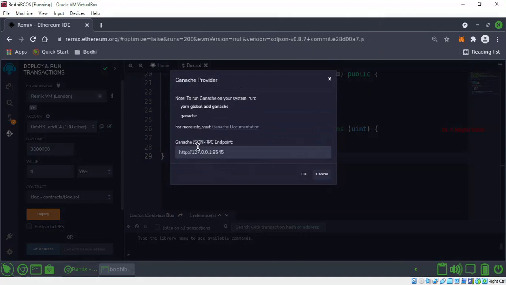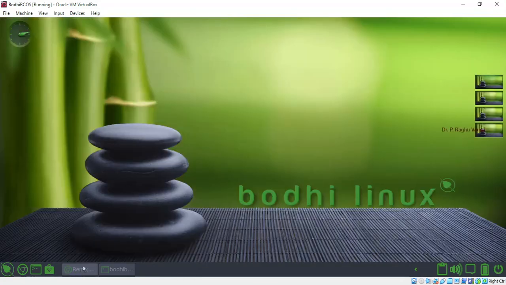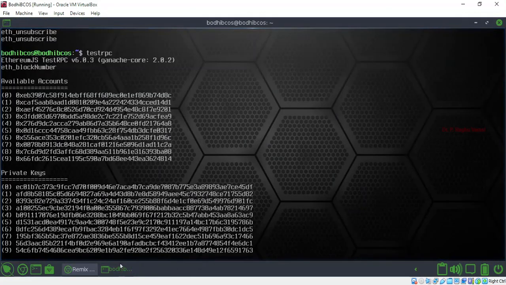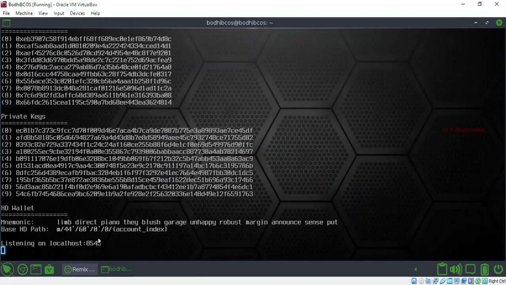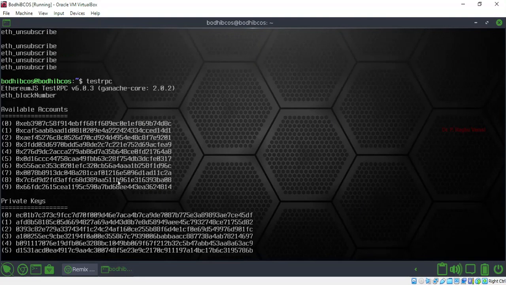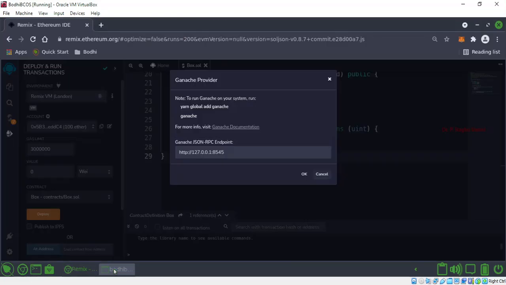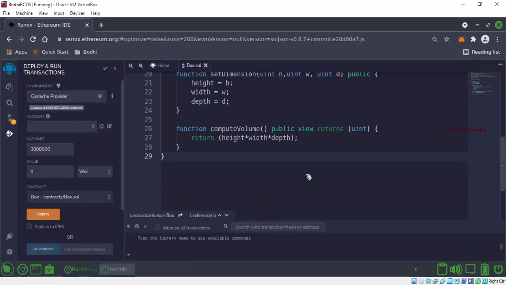Automatically it is showing you the JSON RPC endpoint as 127.0.0.1:8545. Anyhow, this is running on the localhost 8545. Remember, this address will be automatically captured by the Remix IDE. Then if you click on OK, so custom connection, and this is the network connection. Now you look at